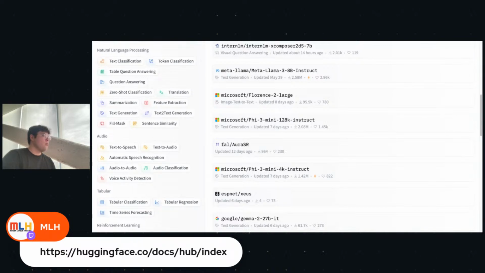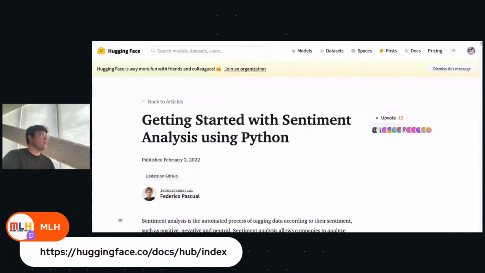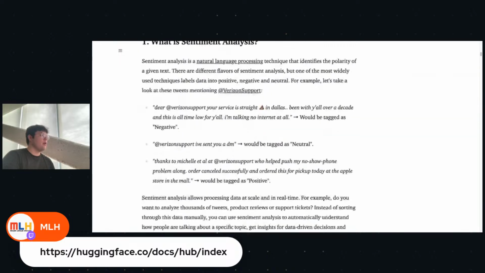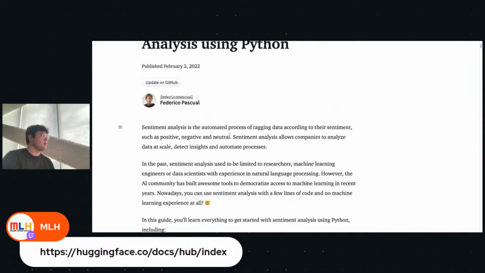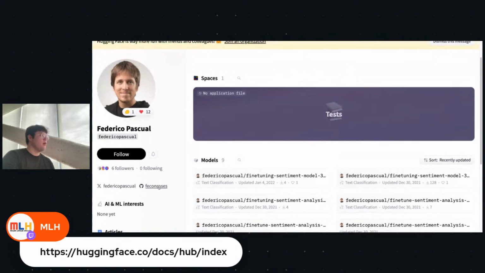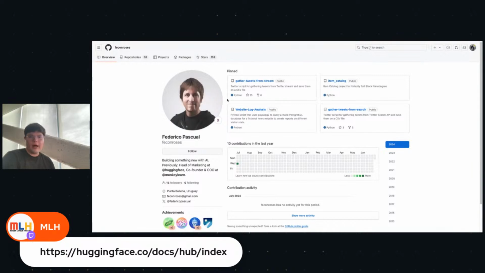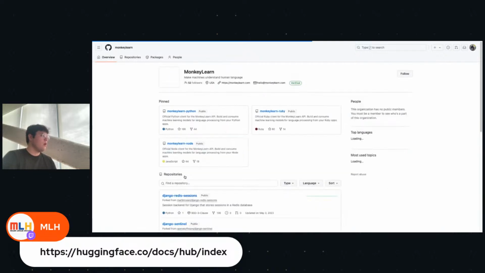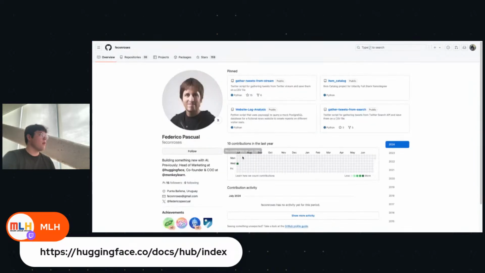So cool. Okay, yeah. So we're going to do something like this. Shout out to Federico Pascual, who created this guide. Thanks so much, Federico. Looks like his GitHub is this one if you want to check it out. Oh my God, he was head of marketing at Coinbase. Cool, cool. And he also founded Monkey Cool. But yeah,